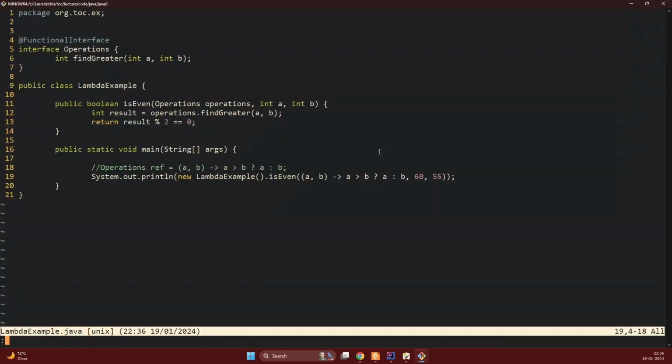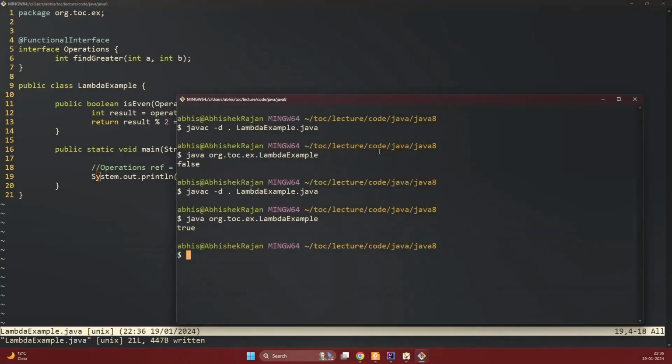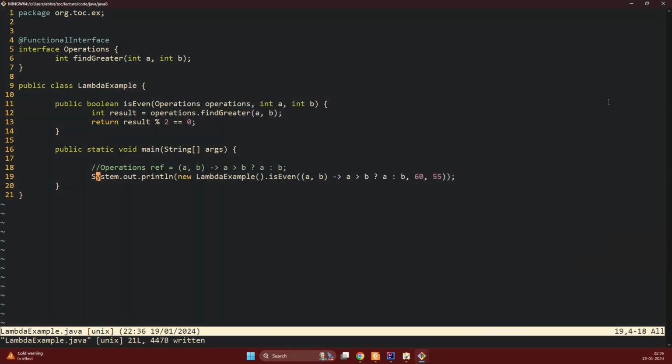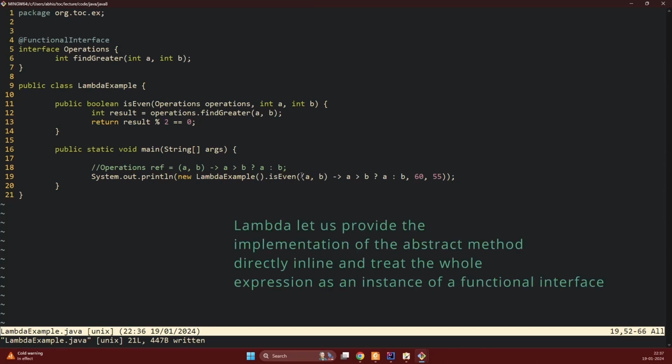Okay, so I have blocked this. Now let's execute this. See, it's working. So this is how we can change the implementation here actually. It comes in line, so we can change the implementation here. This is what I had to discuss